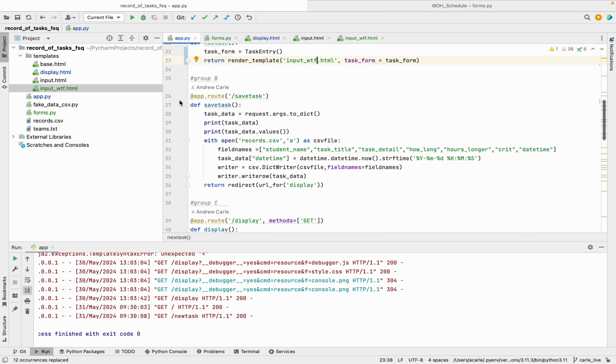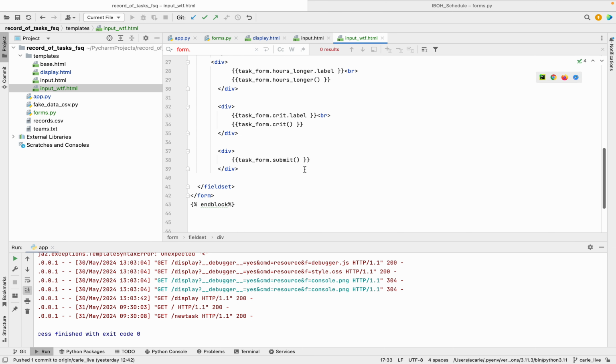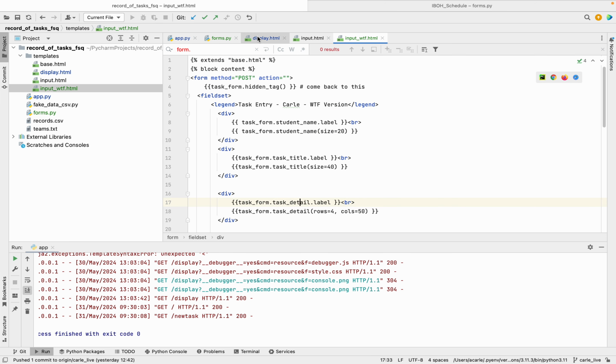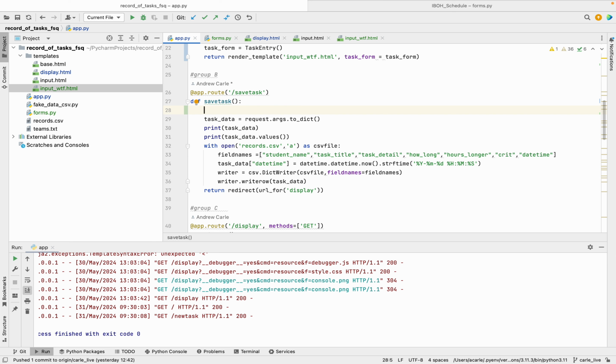So what changes on this side? If this is where we are now asking for all the data, in our current program, the data was heading back to a particular spot. It was heading back to this save task route. And we pulled the task data out of this request dot args dictionary. What's different about this in Flask WTForms? Well, first off, we have a question we can ask. We can say, if form